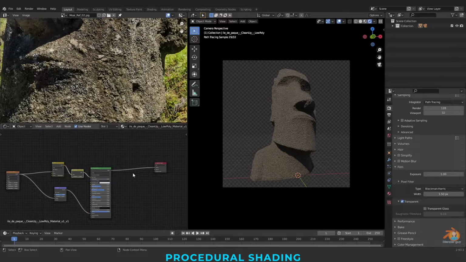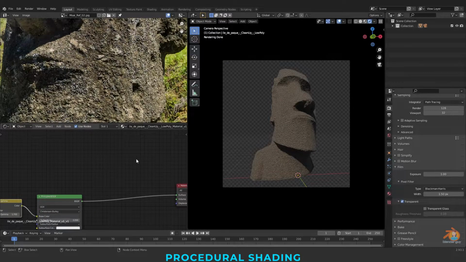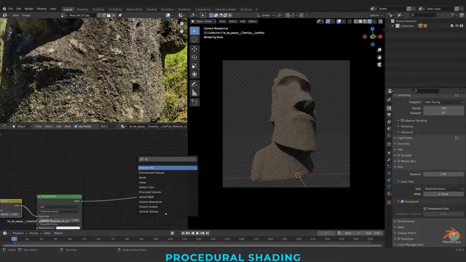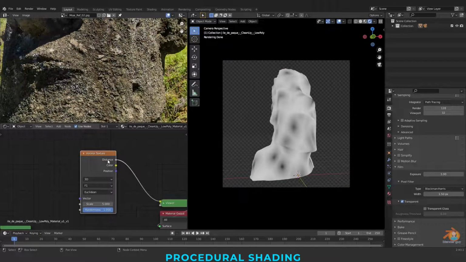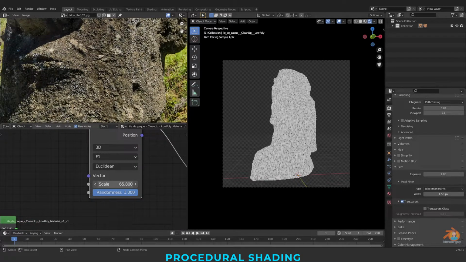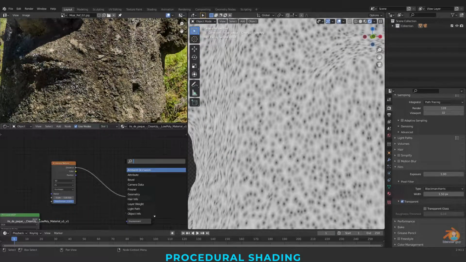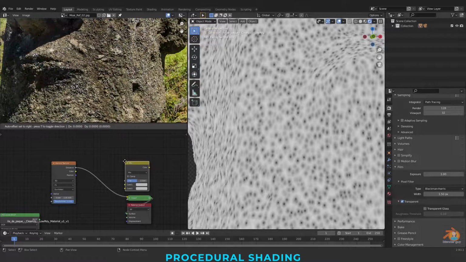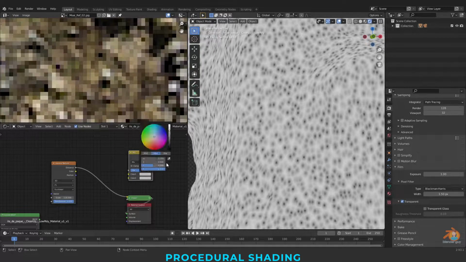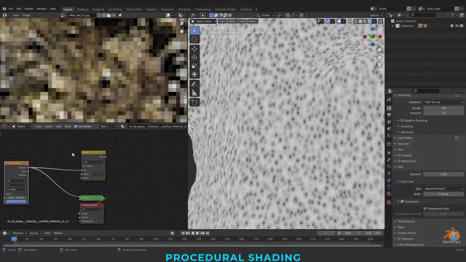On top of it, I'm again taking another Voronoi. Voronoi is like Cellular in 3ds Max. Another, I'm taking a Mix RGB here and connecting this to the mix.